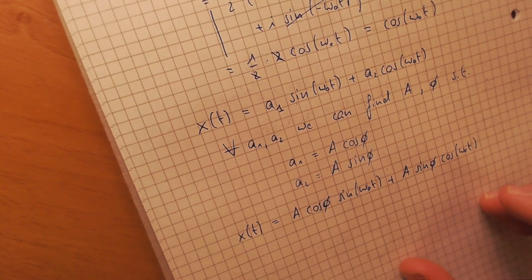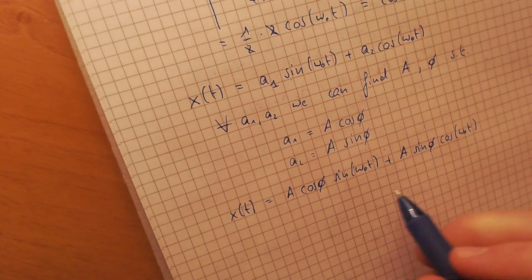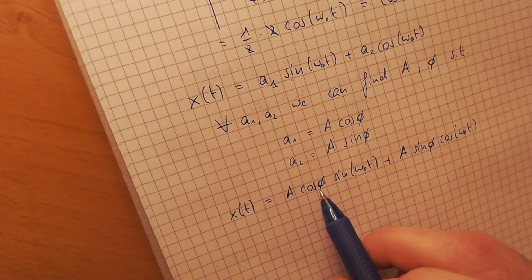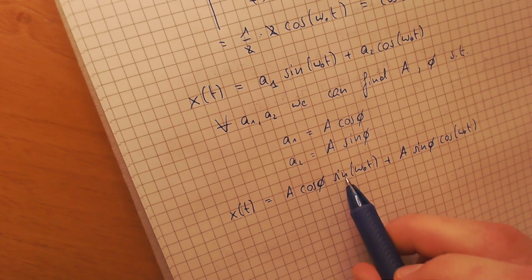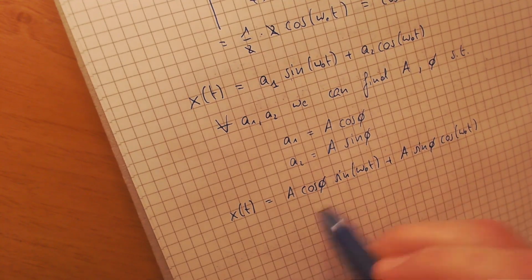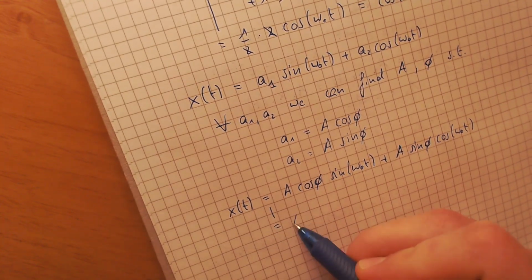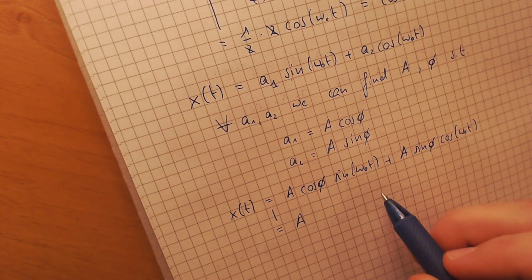Okay, but we can also write that since here we have cosine sine plus sine cosine, here basically we can write that the solution is